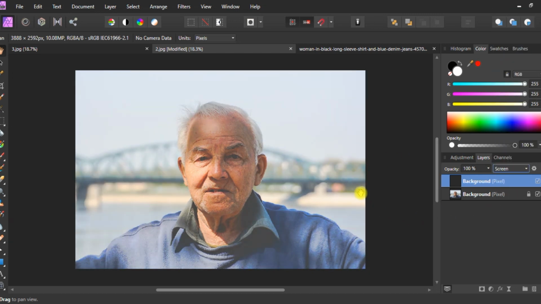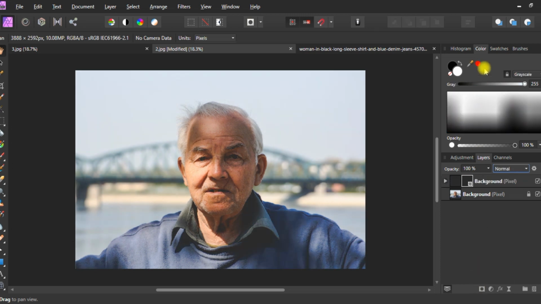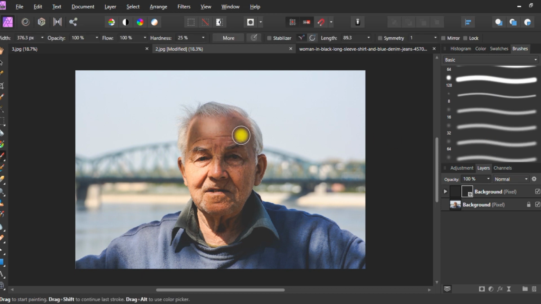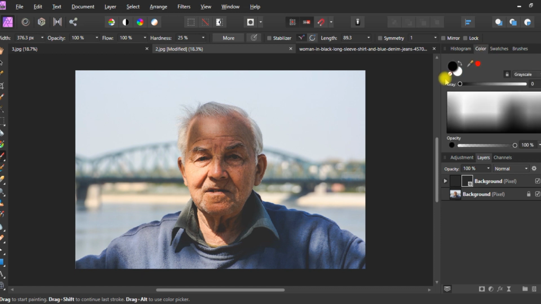Okay, as you can see our background has also been whitened and we don't want to do that. So what we can do is first create the mask, a black mask, select white color and a similar lightweight brush, and just paint it over here first. Okay, so I select the black brush again. There is nothing more different, but there is still one filter that I have to apply before the final image.